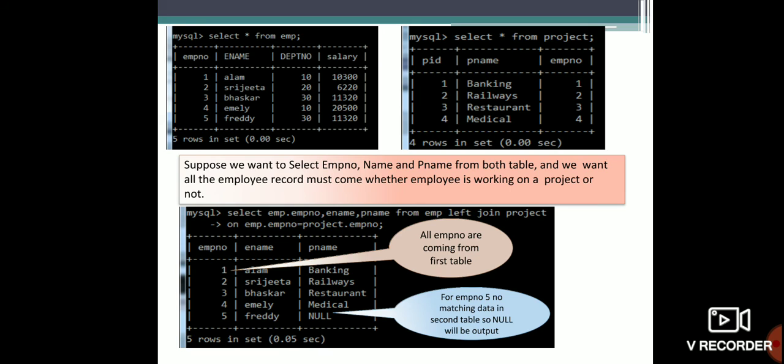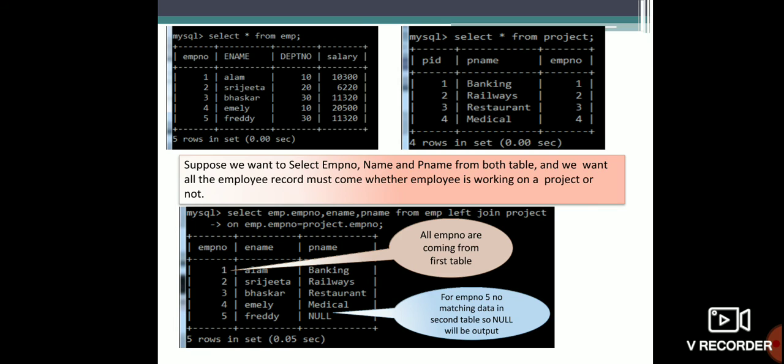So what will be the query for that? Select employee dot employee number. Since employee number is the common column, we have to write employee dot employee number. If I want to fetch the data of the employee number column, I have to write accordingly employee dot employee number. Comma e name comma P name.